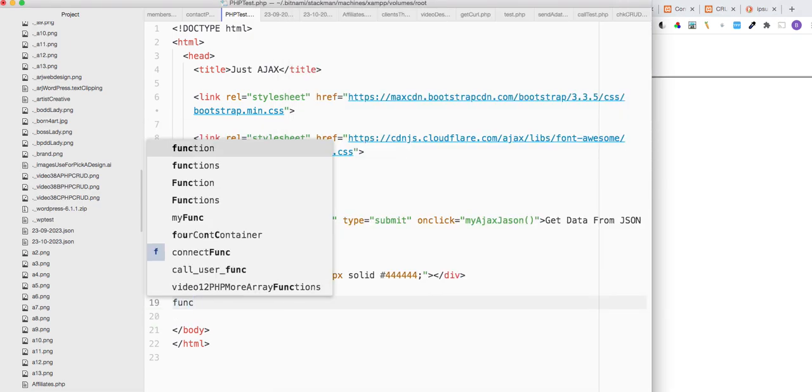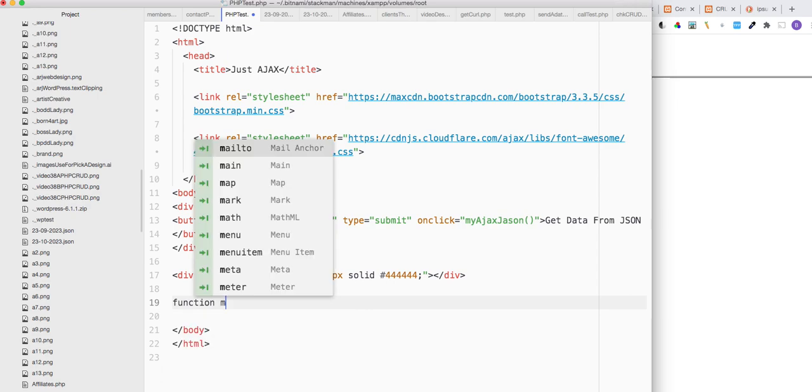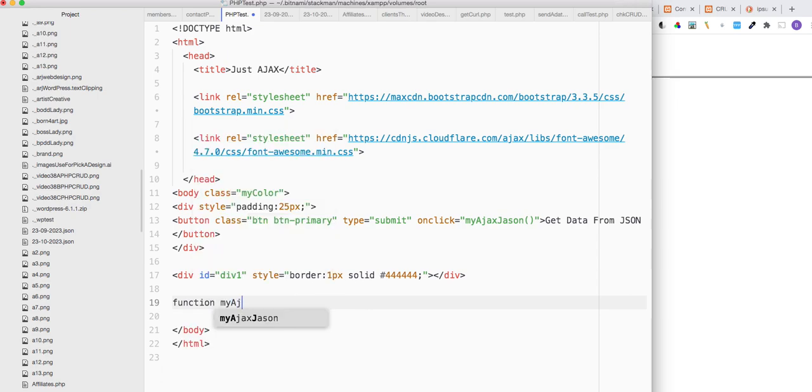Let's say function. I'm going to show you my AJAX. I always liked AJAX, man, and JSON. I'm going to create a router that you can use. Like in here, remember how we did this? var is what creates the variable, so we're going to call it